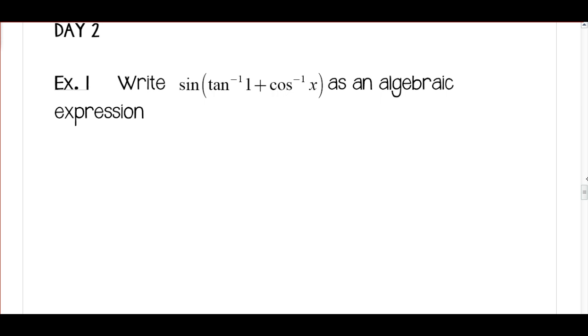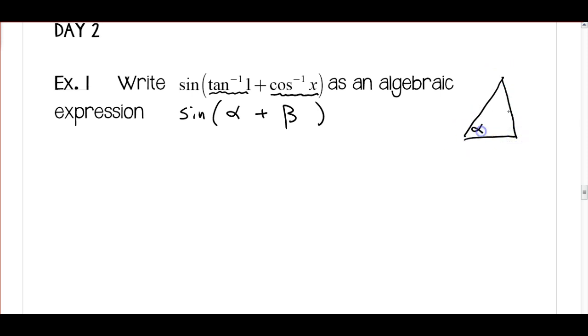So for the first example, we want to write sine of tan inverse 1 plus cosine inverse x as an algebraic expression. So really what we're looking at here is the sine of alpha plus beta, because this is some angle that has a tangent of 1, and this is some angle that has a cosine of x. So if we take a look at the two triangles that those would be part of,